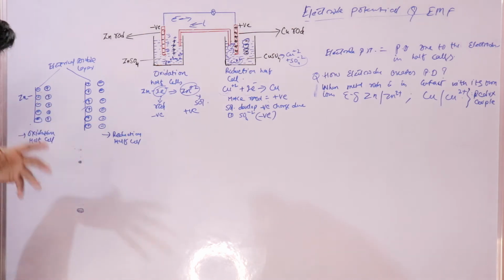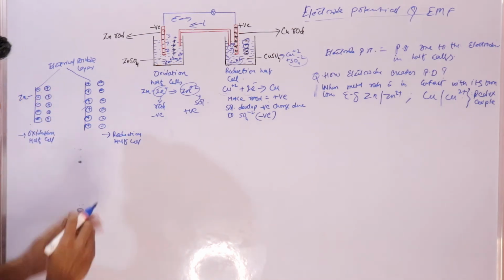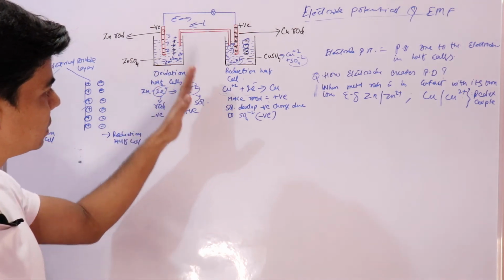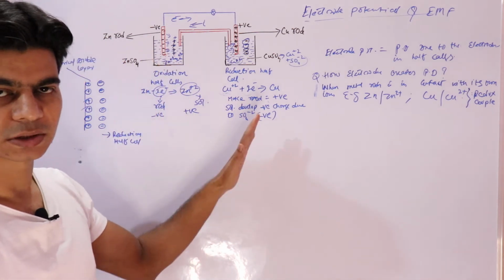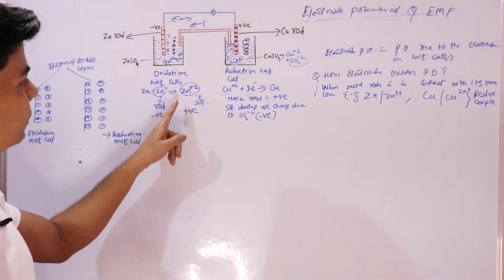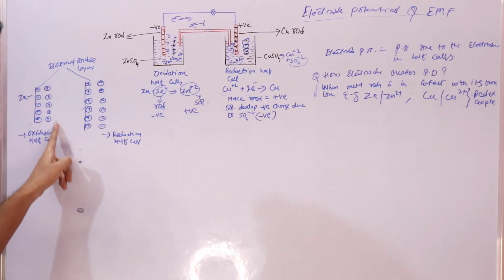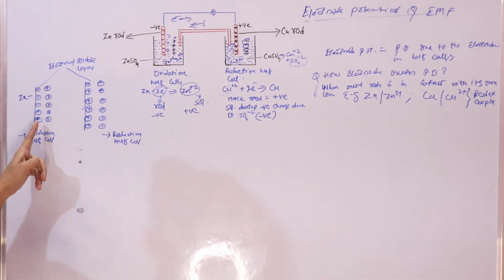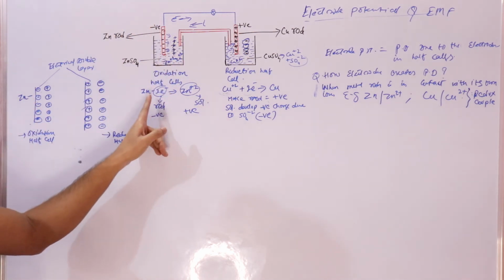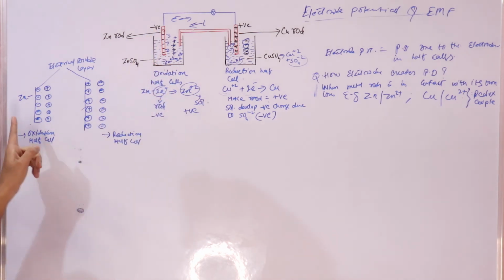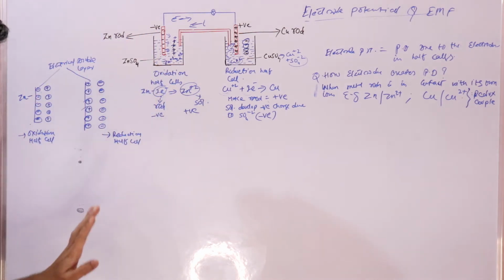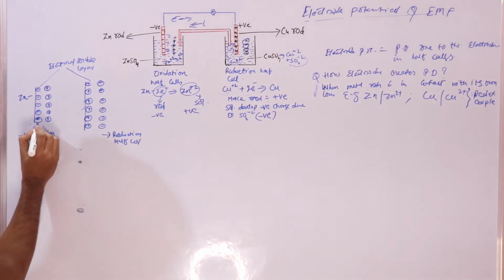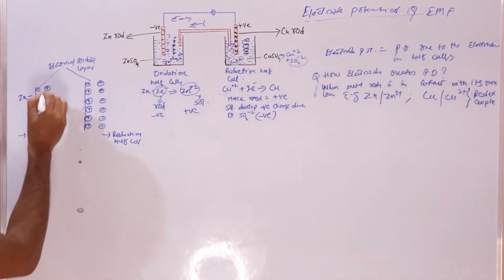So what is the cause of this electrical double layer? How are these electrical double layers formed? These are formed as a result of these oxidation and reduction reactions. When oxidation occurred, it created the positive ions. So this layer is due to positive ions. Electrons got deposited on this rod. So this layer is due to the negative charge, right? Because these electrons got deposited on the rod creating a negative charge. So now in this case we have separation of negative and positive charge.